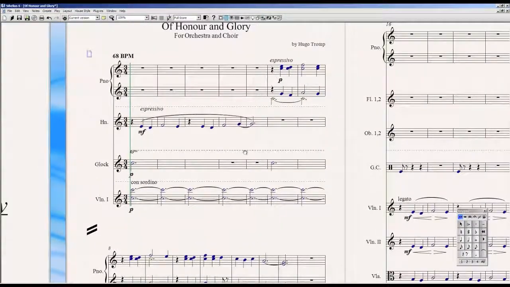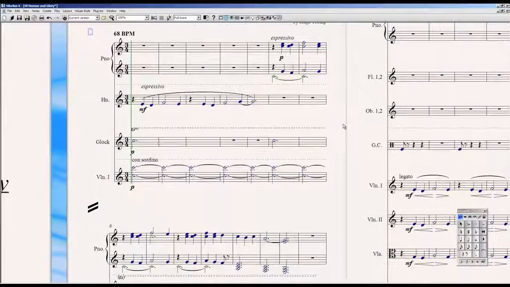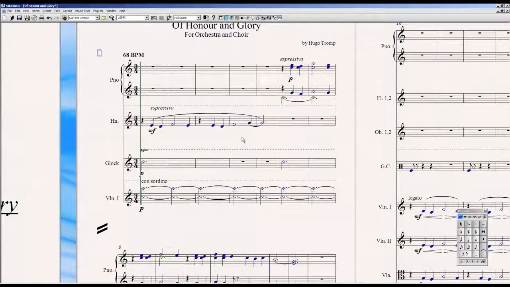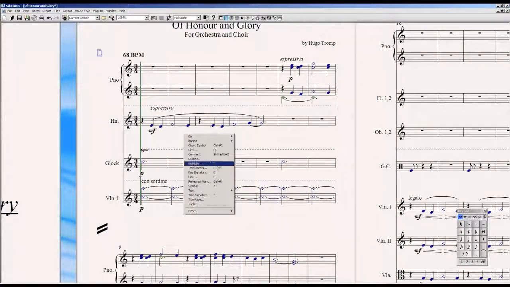So obviously different instruments require different notation, and that is really something that you need to be careful about. Because if I would have printed this like this, this could not be played. Now a lot of people do not know why, but a French horn is usually not notated in this key. It is usually a French horn in F or in B flat. So we need different key signatures